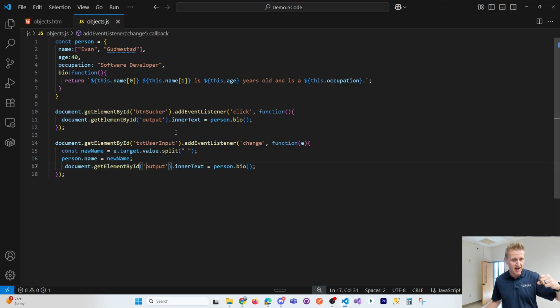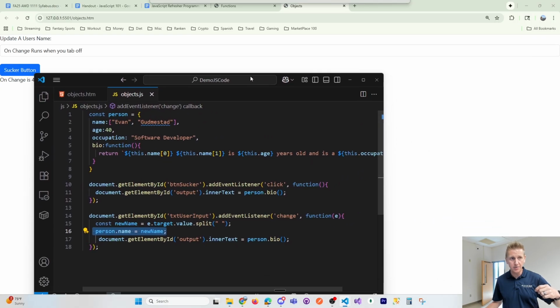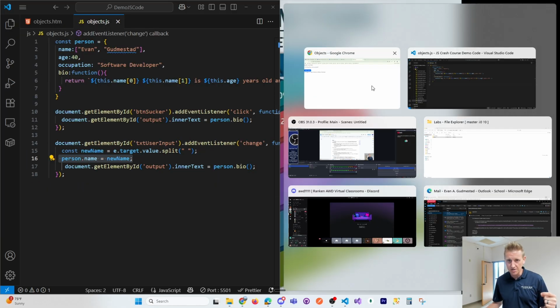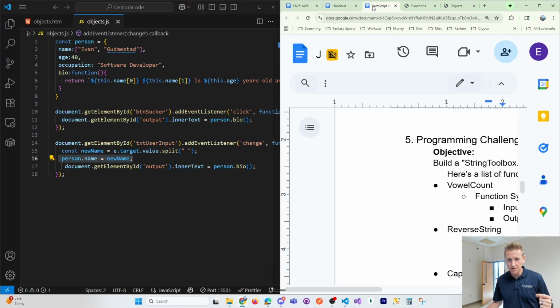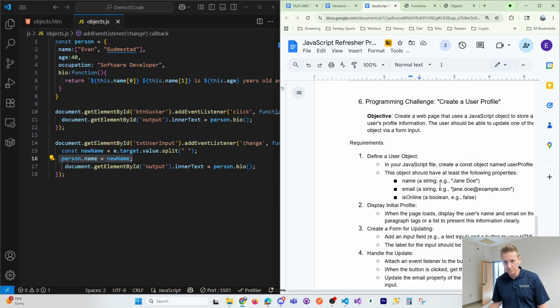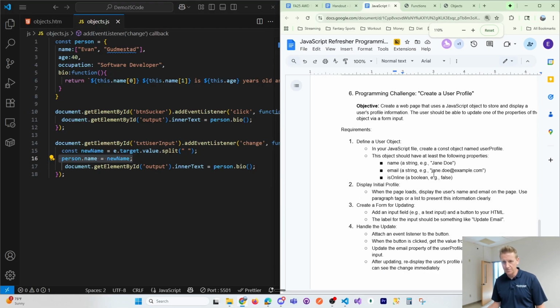I update that object here, person.name. I assign the name here, and then I update the name here, right? Because, why do I do that? Because that's part of your next challenge. Challenge number 5,